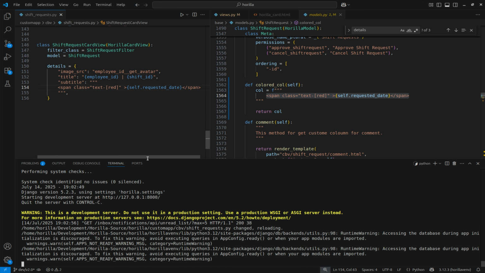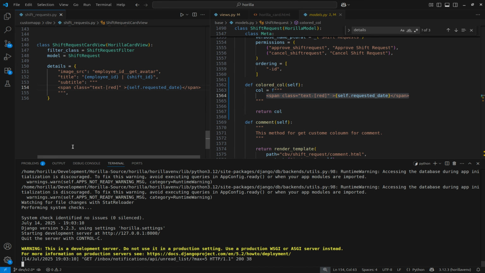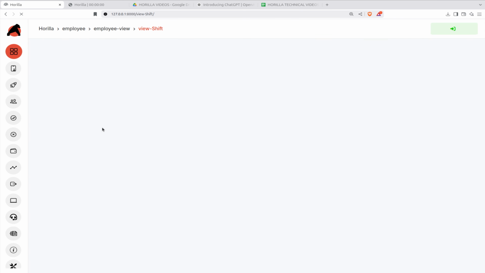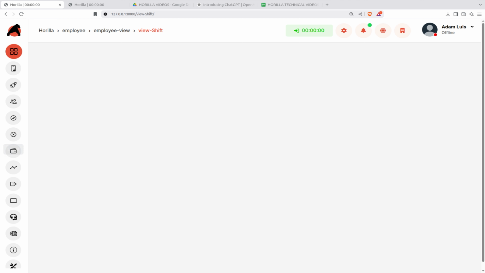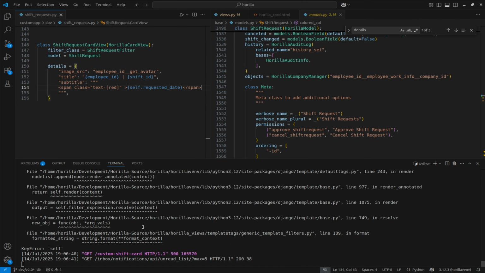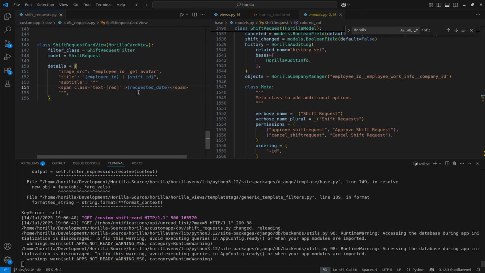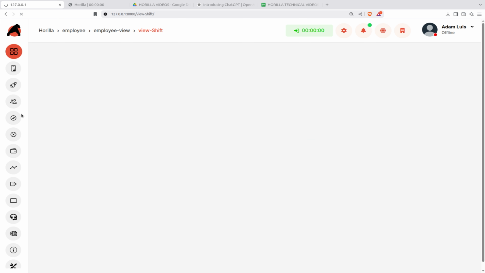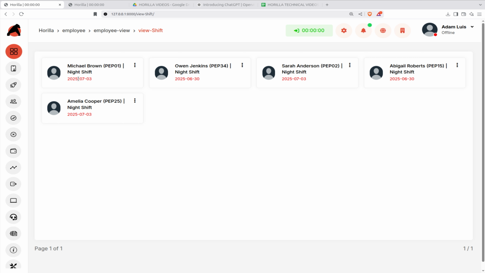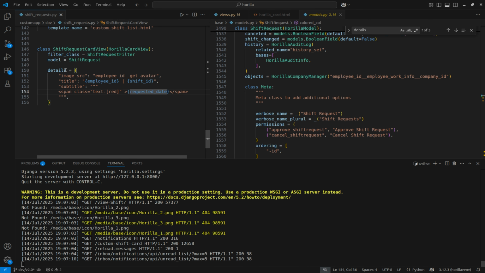Now let's restart the server. Okay. Refresh. Okay, we got some error. Okay, clear. The self is not required over here. We want just the field name from the model. Now let's refresh. So you can see the subtitle is coming right now. So that's the details dictionary attribute property inside the shift request